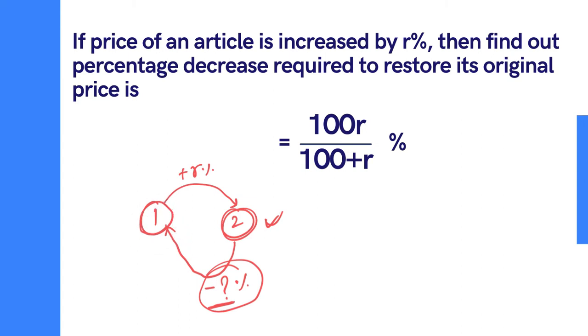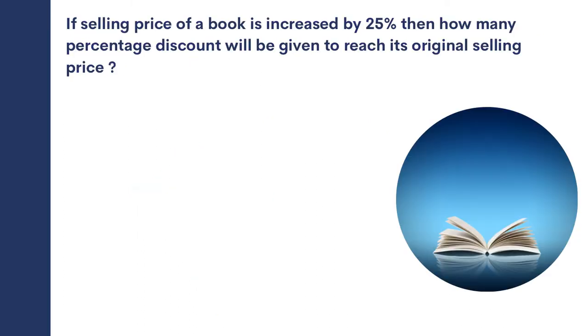So I will discuss one example, then you will understand this one. This is our question, and the question is saying: if the selling price of a book is increased by 25%, then how many percentage discount will be given to reach its original selling price? So what is the fraction value of 25%? 25% fraction value is 1 by 4. If I say 4 is the original price,